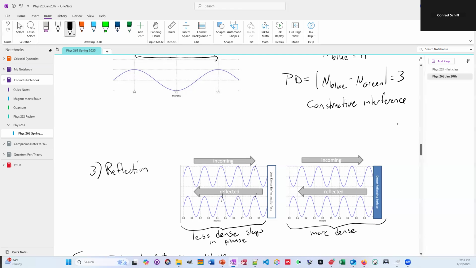A more dense medium causes a half wavelength shift, or a 0.5 for capital N. So now the peaks and the troughs, or rather the troughs and the peaks in the way that I've marked them, in the order that I've marked them, are lined, and so this is destructive interference over here. So over here is constructive, and over here, destructive. And the place that will predominantly apply this are for thin films, thin optical films that